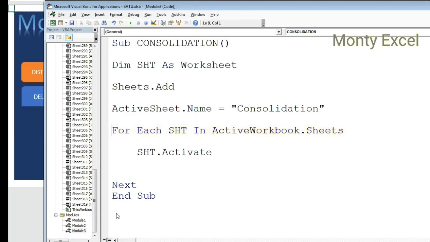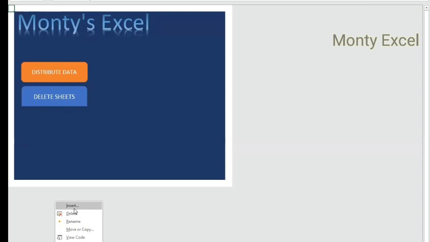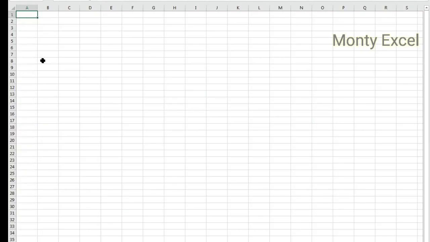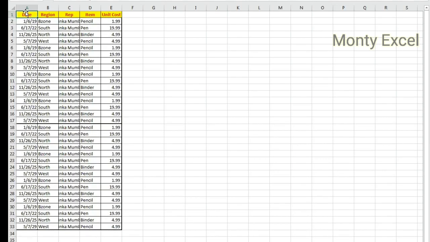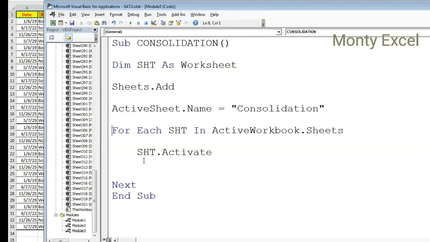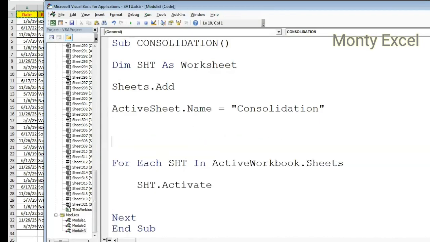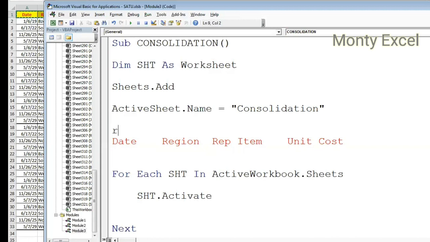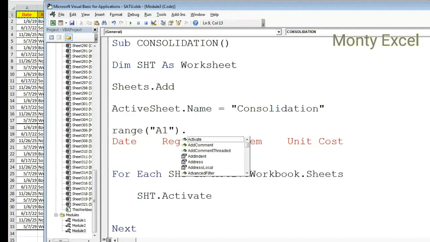But before that, when you create an empty sheet, what happens is it will create an empty sheet, but you will not have headers there. You will never have headers. So I want to create the headers first. For that, I'll simply mimic what we already have in the data. I'll simply do it as this: Range A1.Value equal to,